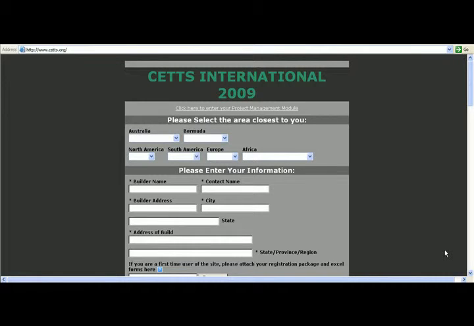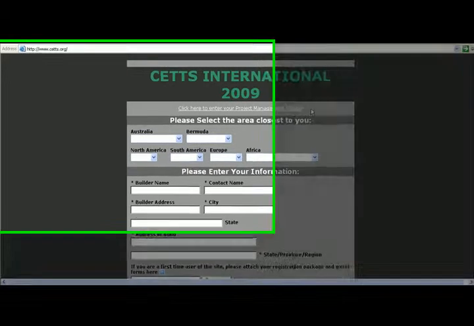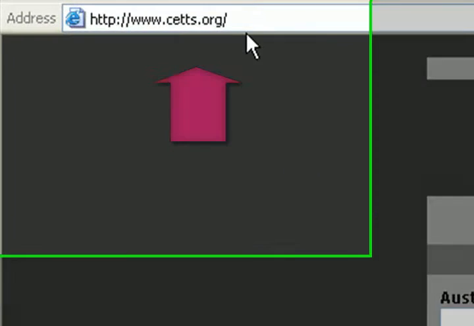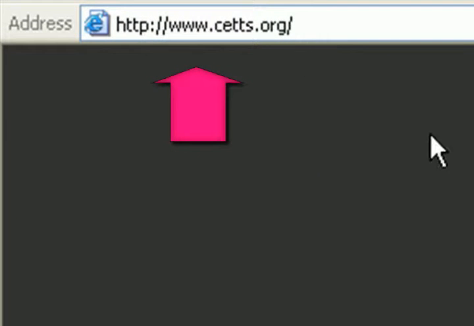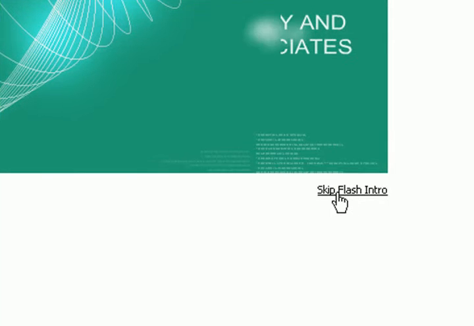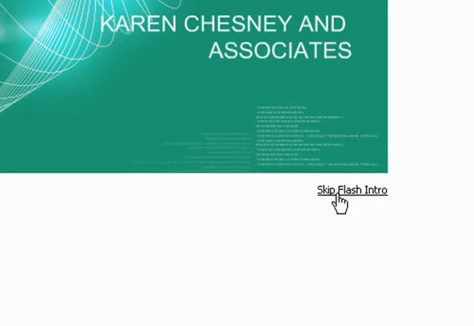Today we're going to discuss how to fill out your form for Cetts International. When you first enter at cetts.org, www.cetts.org, you will see a flash page that you must get past to access your form. And then what you will do is click here on the Skip Flash Intro to gain access to